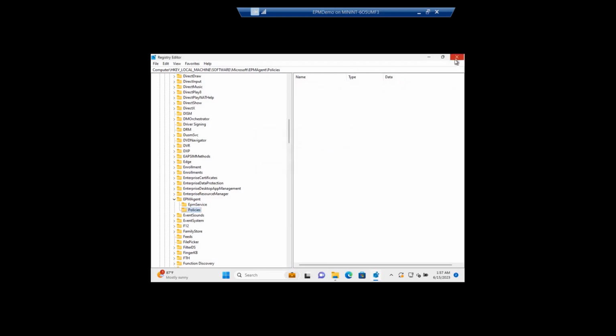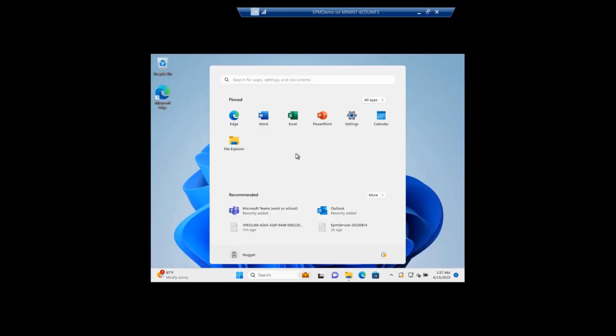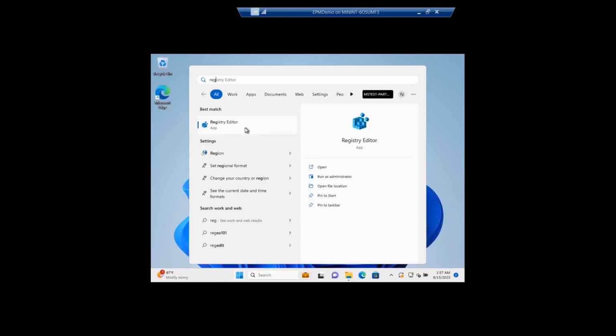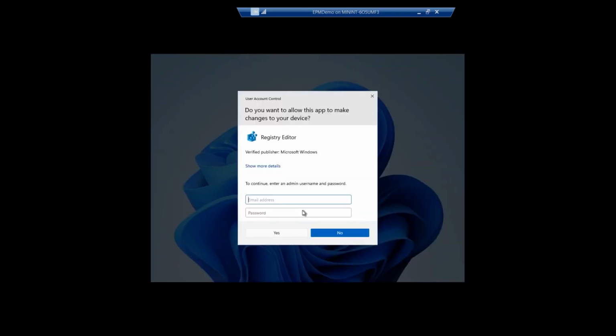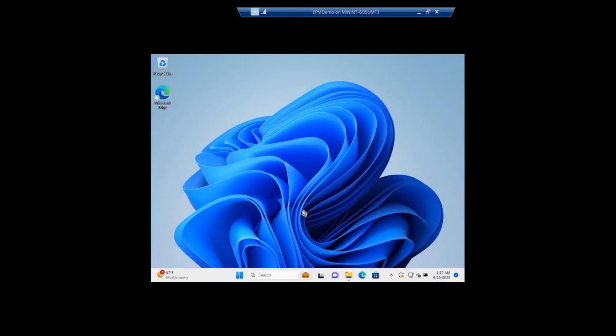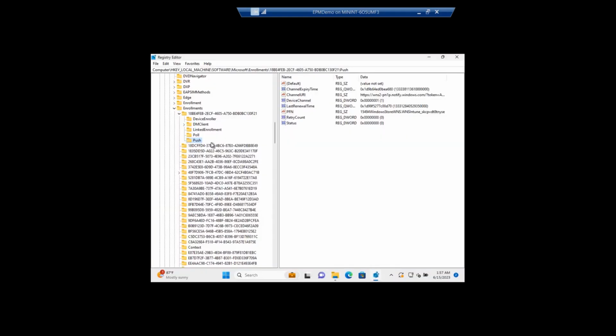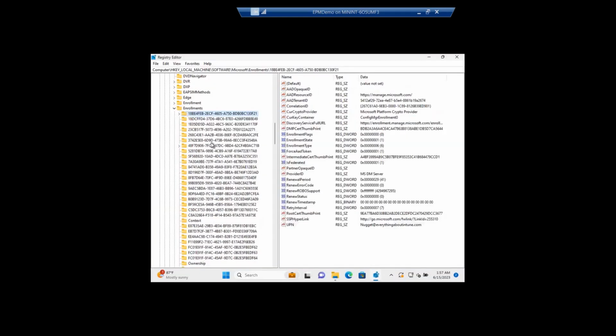Right now it says that access is denied. Always a good idea when you're doing troubleshooting to run the registry editor as well as an admin, right? Because there are so many things that you won't be able to troubleshoot. And again, this is a troubleshooting being done by the admin and not by the end user who is a standard user in the device. So let's go to the